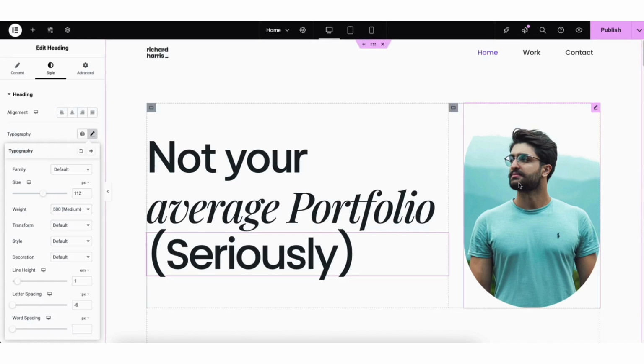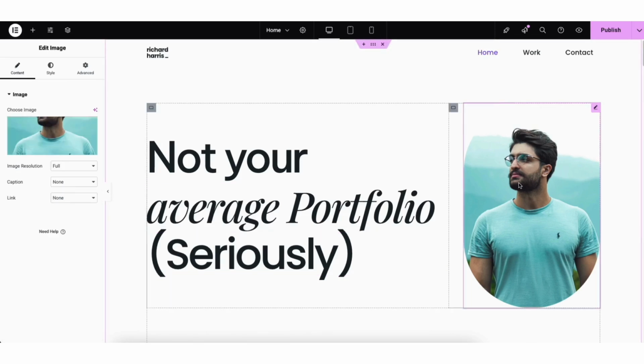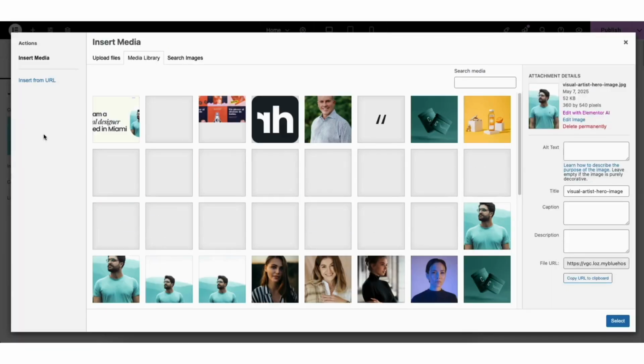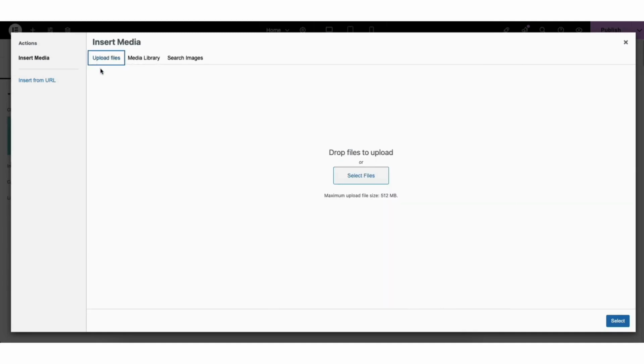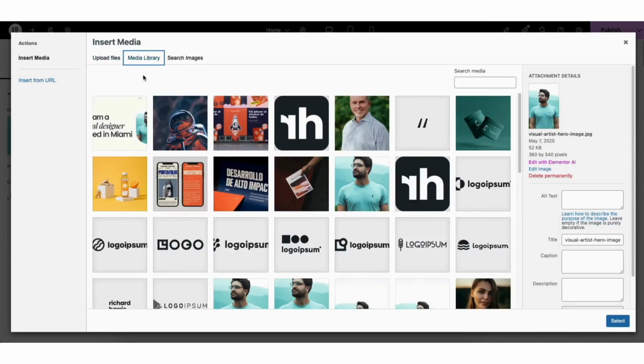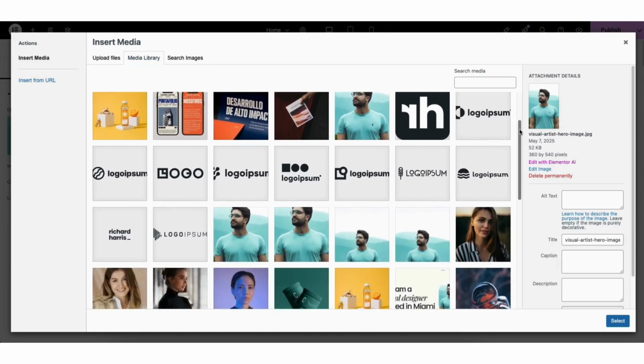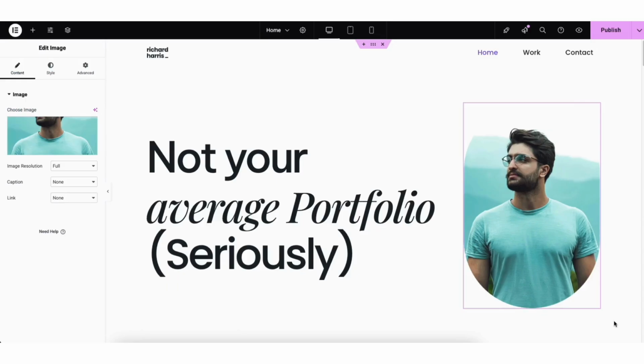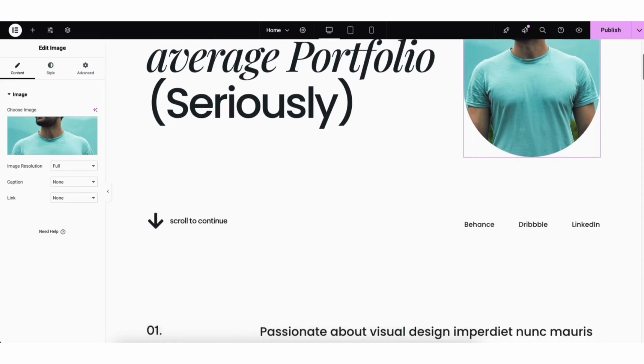To change an image on the site, click into the image. Hover over the image and click the trash can icon if you want to remove the image. Click over the image and you can upload a photo to place here, or click Media Library to upload images already uploaded in WordPress. I'll select one I've already uploaded. I'll click the Select button. The image is now uploaded. I'll scroll down a bit.